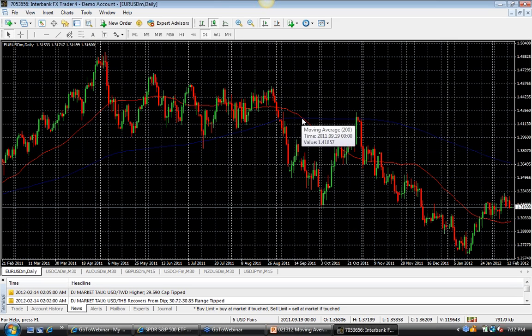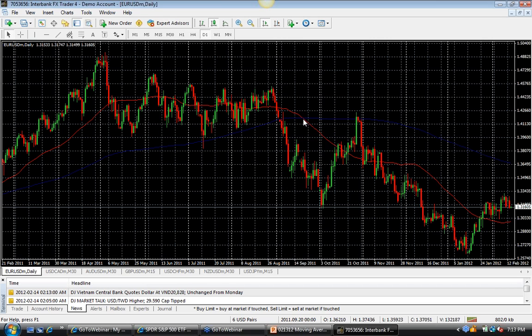But if you shorted it at the 50 over the 200 period moving average, because that was your system and that's how you used it, we always put in stops based on our account size, based on our risk tolerance, based on how long we expect to be in the trade. So obviously, this daily time frame and this 50 period, 200 period moving average crossover is a longer time frame trade. So this might be for a larger account. You might be risking 200 or 300 or 400 pips in this scenario to make 500 pips, 800 pips, 1,000 pips.